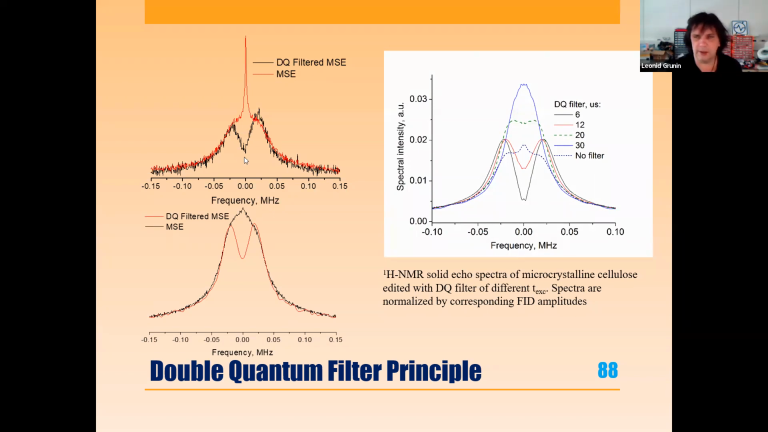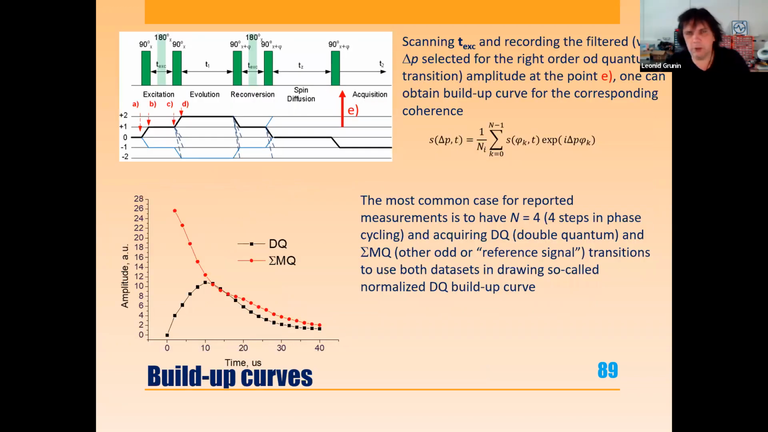So we have discussed the double quantum filter, how we can select the areas of the sample that we excite. Now we will touch on a really interesting experiment, which is called build-up curves for double quantum. So now you have looked at how we change this excitation time, and we plotted different spectra. If we do it sequentially, if we start with a really low dipolar filter value and then increase this excitation and reconversion time,